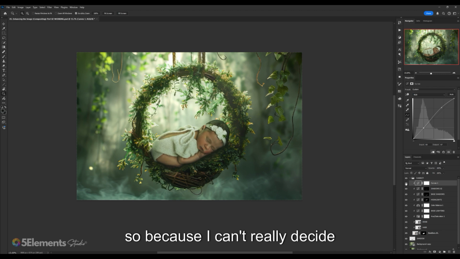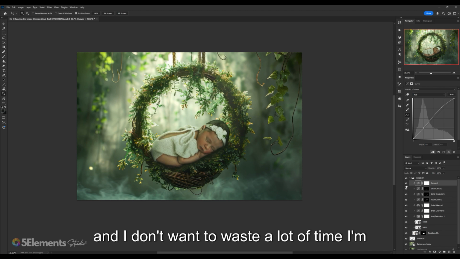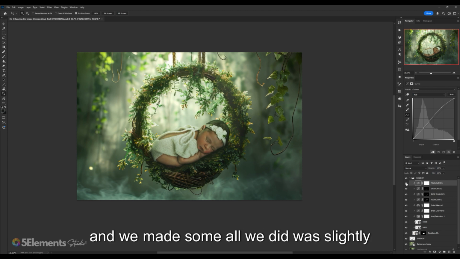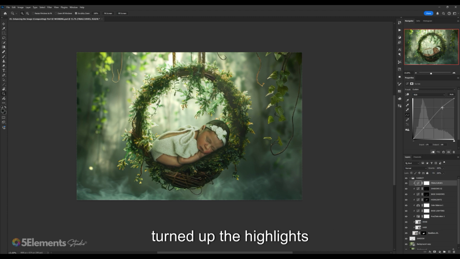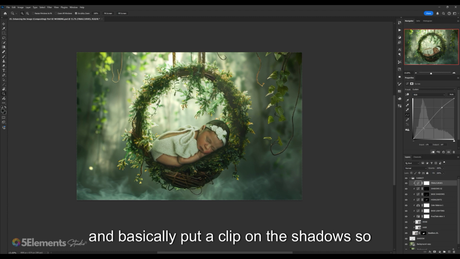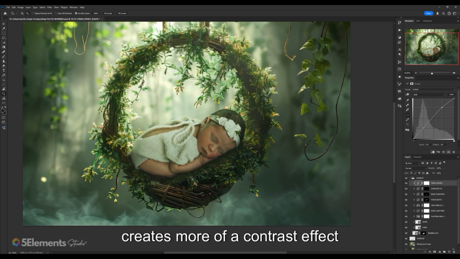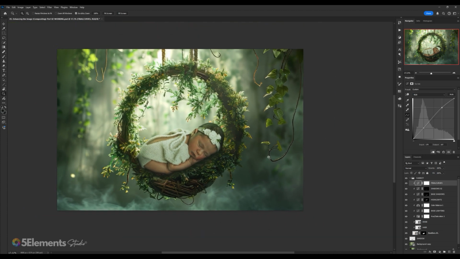Because I can't really decide, and I don't want to waste a lot of time, I'm just going to turn on this curves, and I'm going to call this final curves. All we did was slightly turn up the highlights and basically put a clip on the shadows. So you could just move the highlights, which creates more of a contrast effect on the subject. Because I can't really decide and I like what we did,